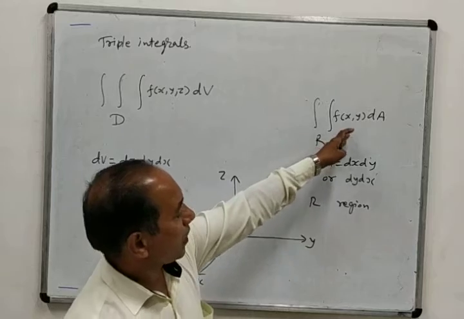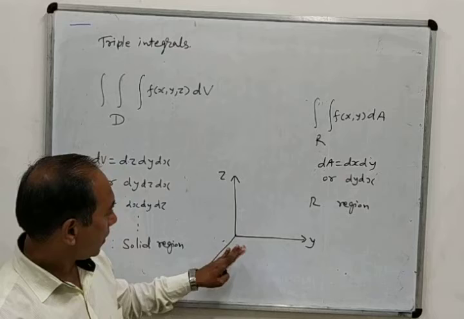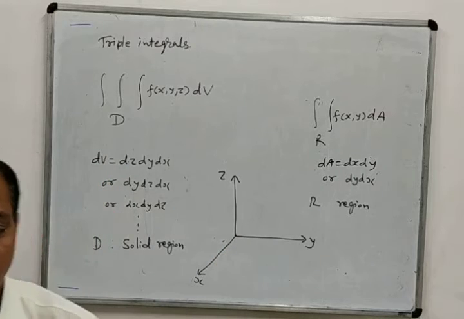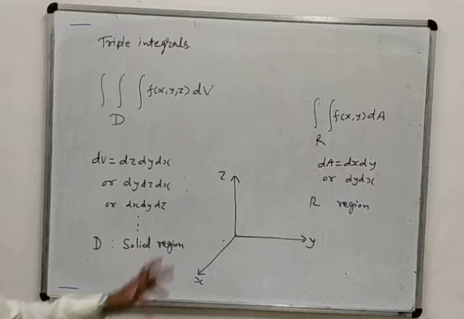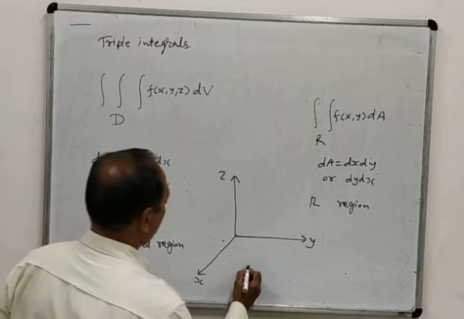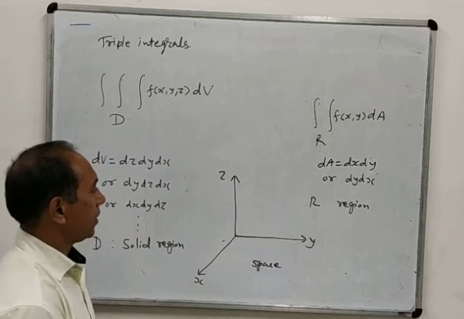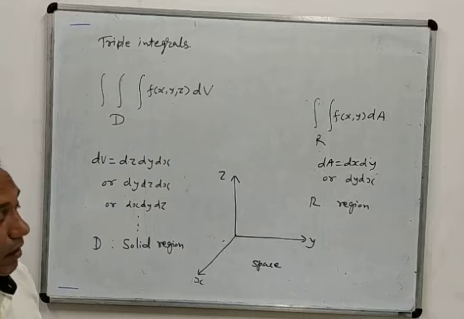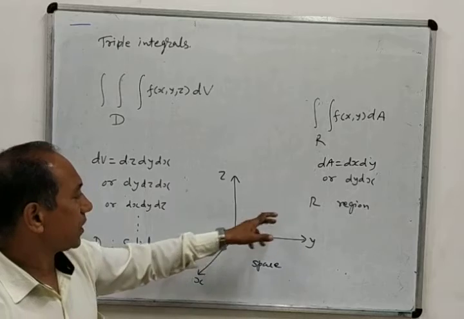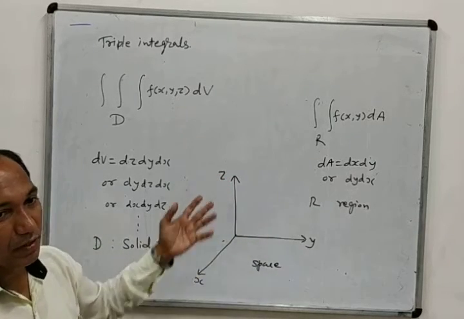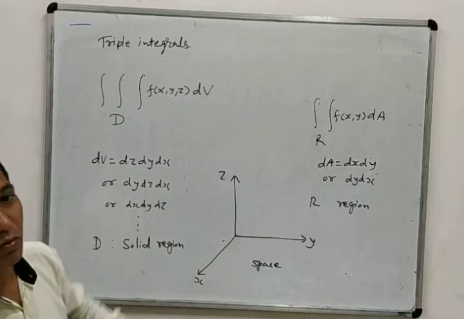In the double integral case we were drawing the xy plane only. Here we will see the figure in x, y, z space. Here we will not call this a plane, this is known as a space, 3D space actually, three-dimensional space. And after drawing this, you can integrate with respect to any one variable, either with respect to x, y or z, and the other two integrals can be related by the remaining two variables.